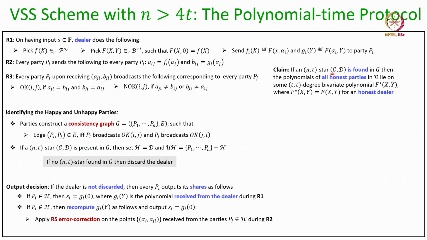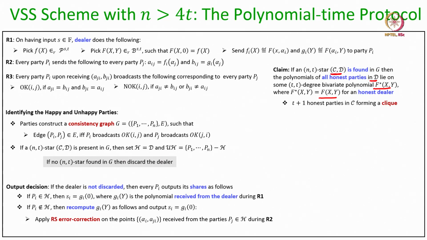Now, the second property which we can claim with respect to this modified protocol is the following. Suppose the dealer is not discarded, that means some star is obtained, then the polynomials of all the honest parties in the D component of the star, they together lie on a unique t degree bivariate polynomial f star, where this f star bivariate polynomial is the bivariate polynomial f selected by the honest dealer. Now, why is this claim correct? So, since a star is obtained,